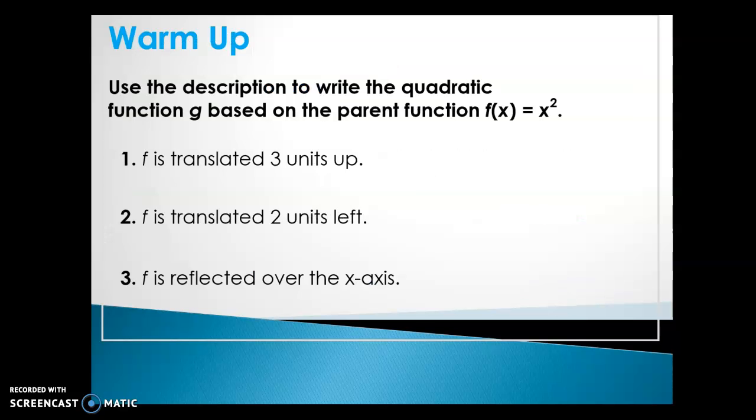Okay, so real quick, I'm not sure if you really understand this question because I don't know how much you learned in Algebra 1, but I'm going to answer these three questions. I'm going to take this function, which is a parabola, y equals x squared, or f of x equals x squared, whatever you want to call it, and I'm going to shift it up 3 units. I'm going to shift it left 2 units, and I'm going to reflect it over the x-axis. So I want to go over here to the Elmo